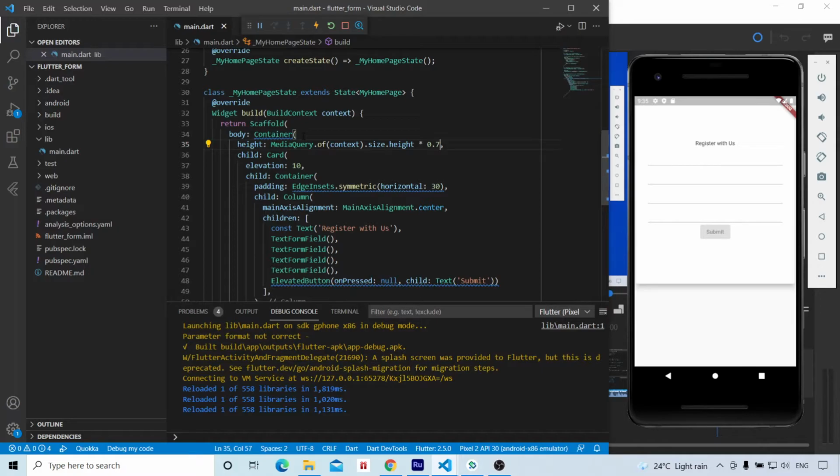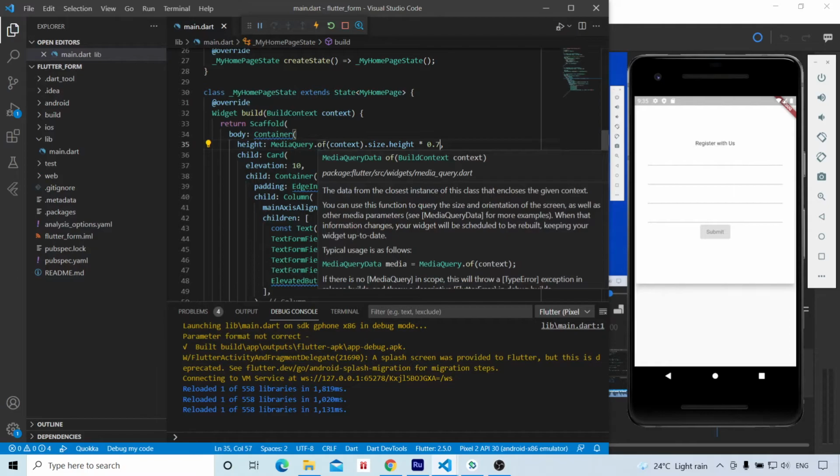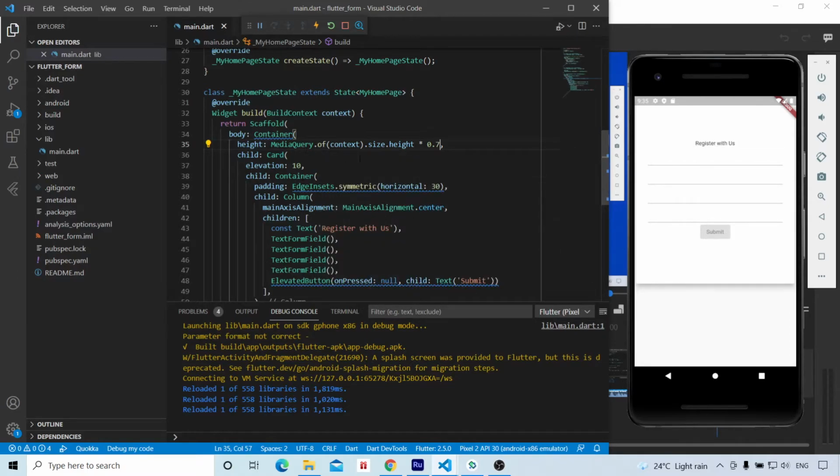MediaQuery.of(context).size.height will give us the whole height of our app. We are giving a 0.7 fraction of it to our card. 0.7 is equivalent to 70% of the height. If we set the height to 0.5, it will be half of the screen height.